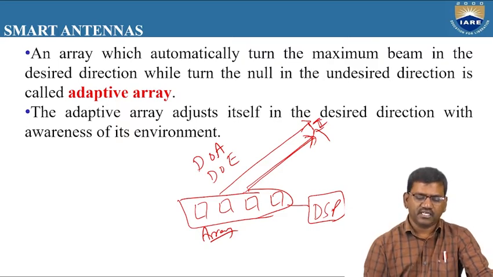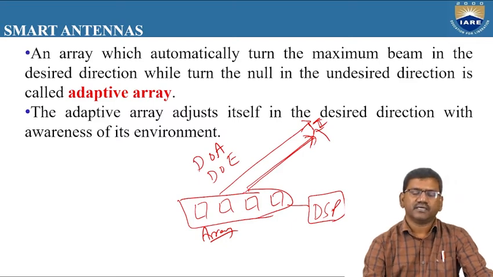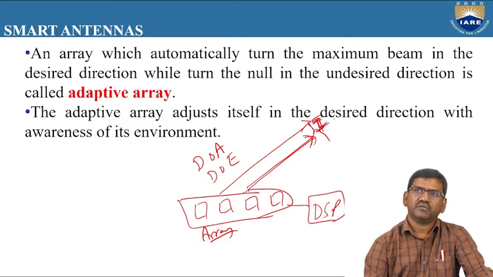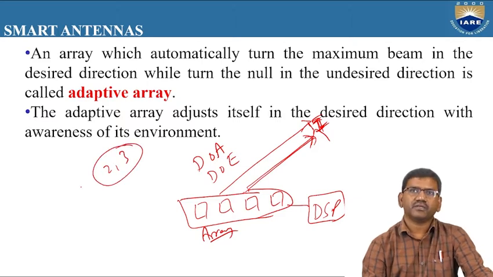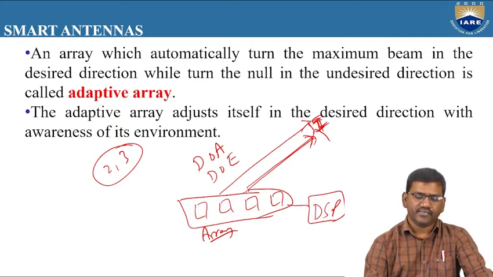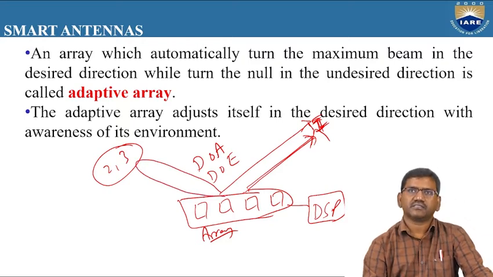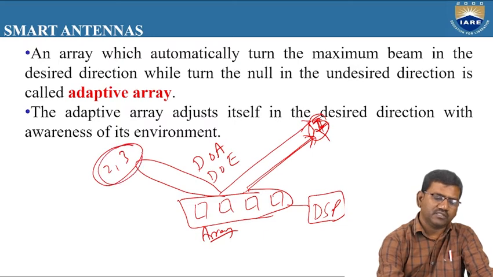So this is the basic functionality of the smart antenna system. You can observe here that all the radiation pattern generated by this array has been allocated to the user 1 only. Suppose there are another 2 and 3 users in this direction. If users 2 and 3 are in another direction, this smart antenna system will generate a beam in this direction also. That means the available bandwidth is shared equally between the user 1 and the users 2 and 3.